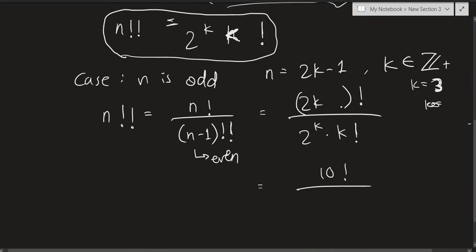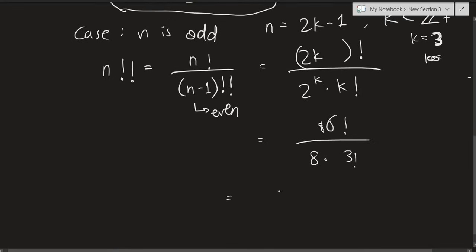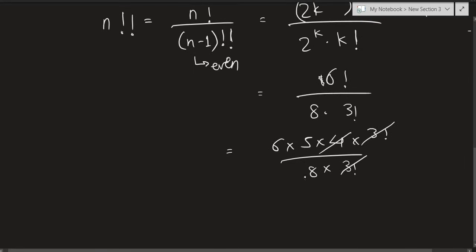Rather, sorry, when this is 2k, right? So this is 3 times 2 is 6 factorial, and we have 8 times 3 factorial. So this is 6 into 5 into 4 into 3 factorial divided by 8 times 3 factorial. So 4, and this becomes 2, this becomes 3, and this becomes 15. And